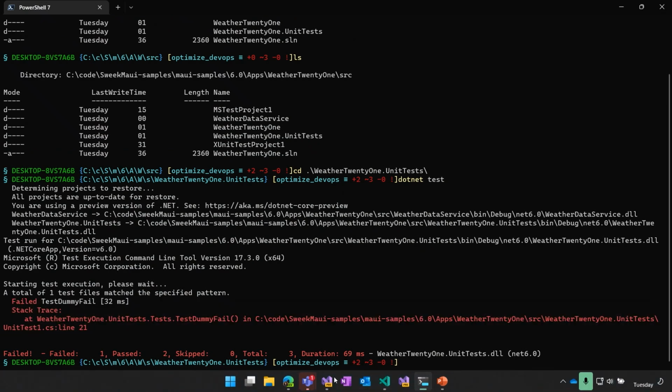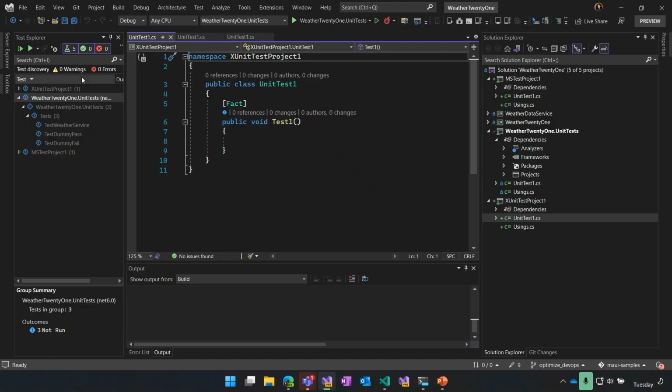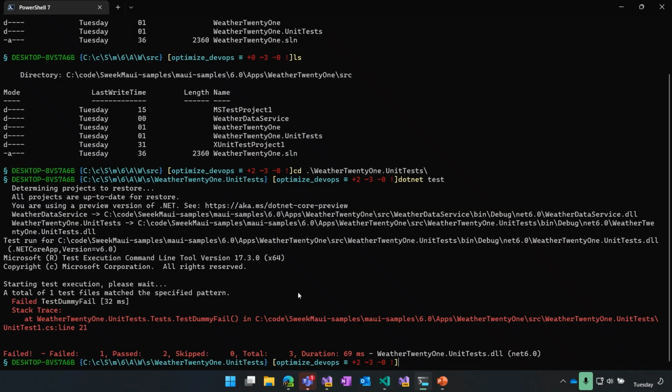what, correct? You must be asking me, hey, Swiki, you have this beautiful little test explorer here. Why are you still doing this from the command line? Excellent question, friend. The reason I'm doing this in the command line is, if you notice in the DevOps files, a lot of the code is doing it via these command line things. So it's a good practice to get comfortable with how to build your solution, run your tests, and run your solution from the command line. You don't have to do this as part of your day-to-day, but it's good to understand what your IDE does in the background for you, all the magic that it does. So when it comes to debugging or setting up a DevOps pipeline, you are in control of how you get your project to build and how you get the project to run.